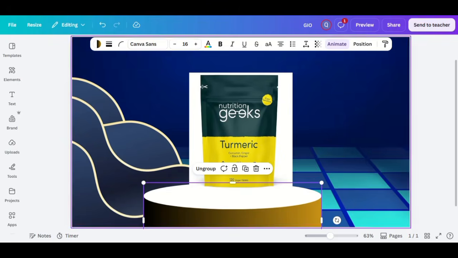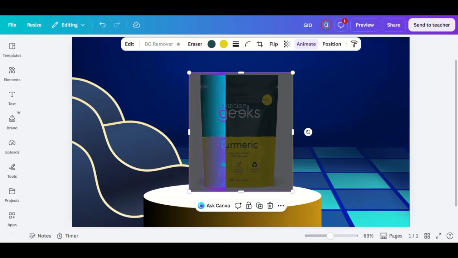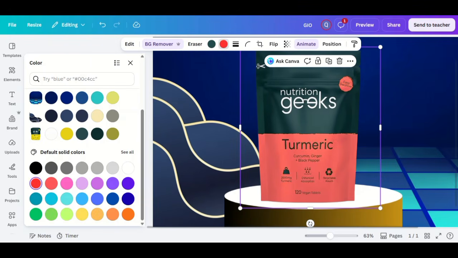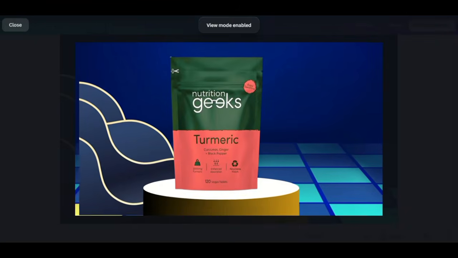Add a strong headline, a short product description, pricing, and a clear call to action using modern fonts. Repeat your brand colors across the shapes and typography to create a